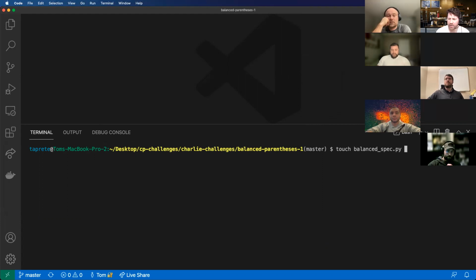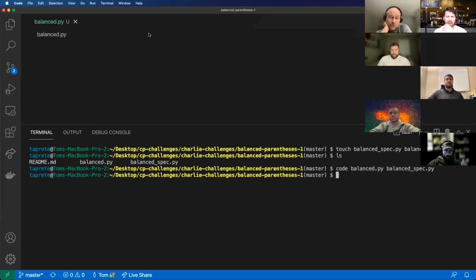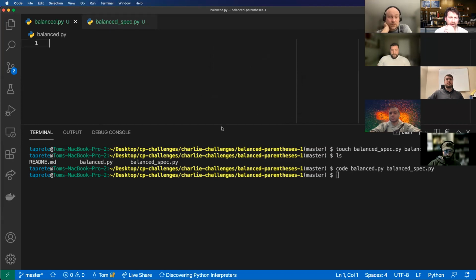And I'm going to also create just a balanced.py file. And list everything out in there again. You can see my balance.py and my balance_spec.py. And I can open both of those up by doing code balance.py and balance_spec.py, and it should open up both of those